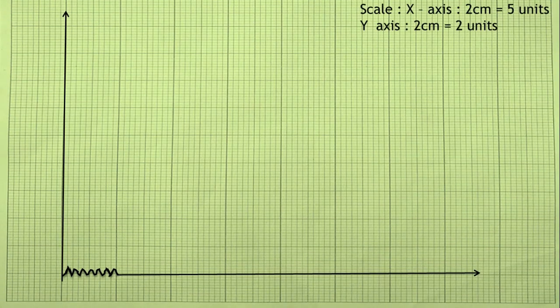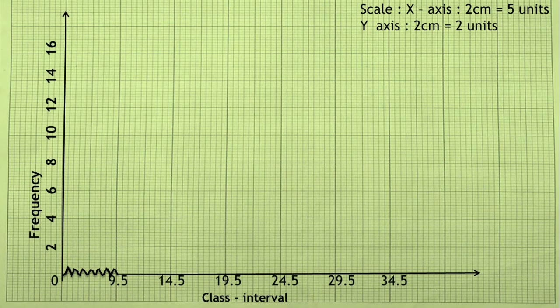Let us construct the frequency polygon. Move to your graph sheet. Consider the x-axis as 2 cm equal to 5 units, because for 9.5 to 14.5, if you count 9.5, 10.5, 11.5, 12.5, 13.5 and 14.5. Here as 14.5 is continuous, we are going to exclude that. We will count 9.5, 10.5, 11.5, 12.5, 13.5. 14.5 will continue with the next one.